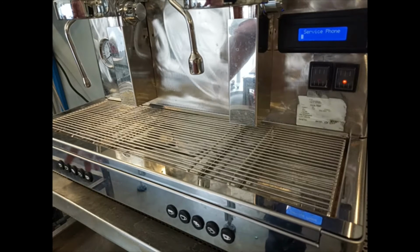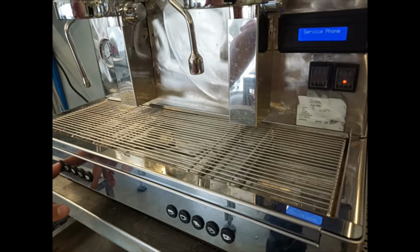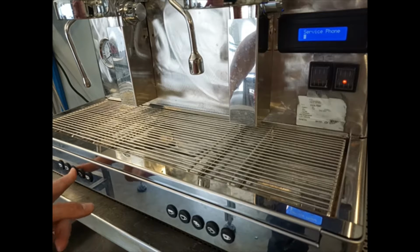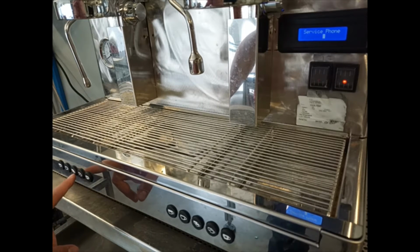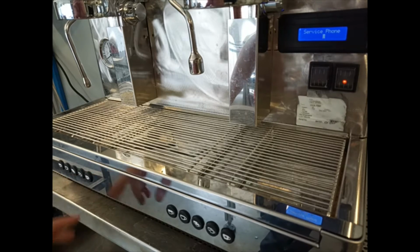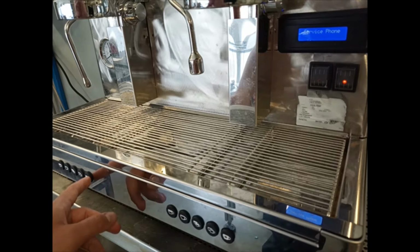Here we can put the phone number of the technician, pressing always the first two buttons of the left group, and for going on the display we can use the third button, the double espresso button. Going on to the next section,